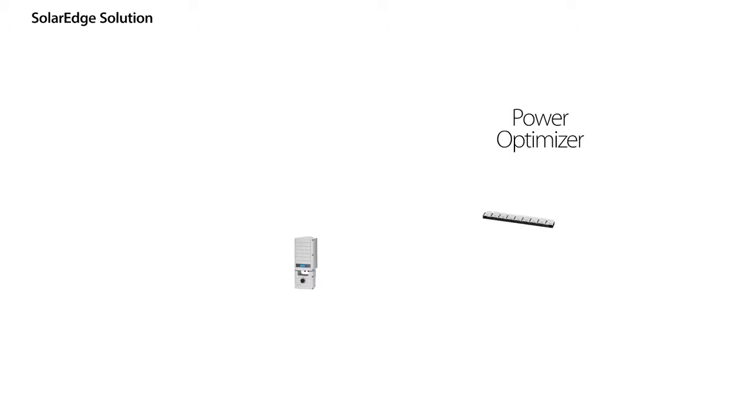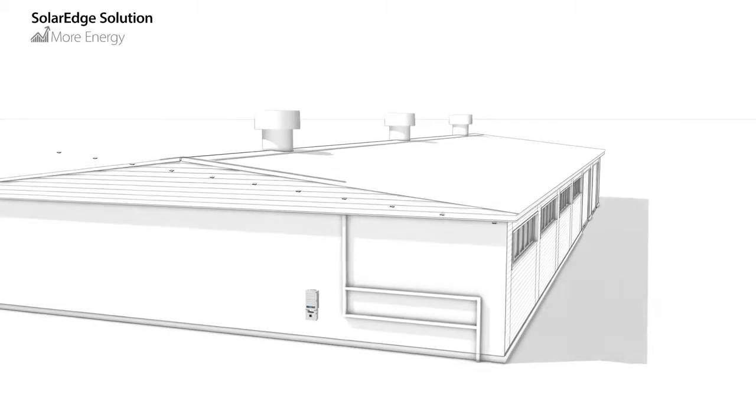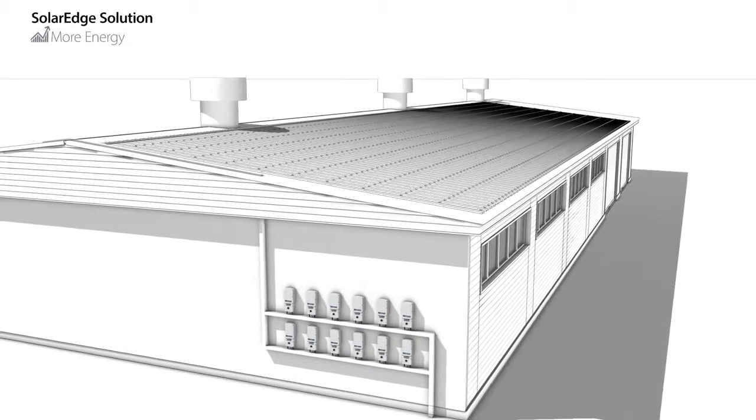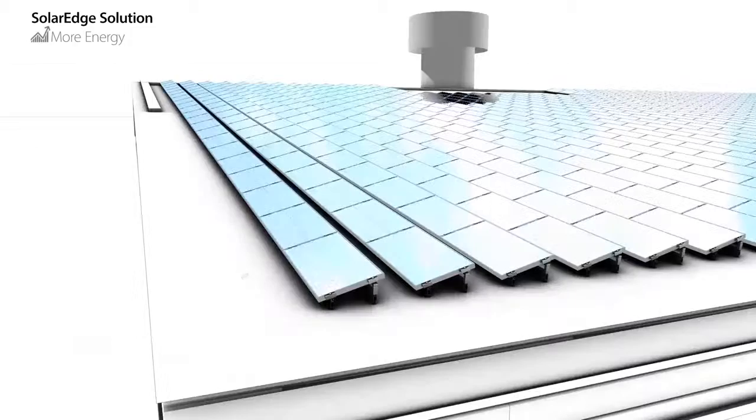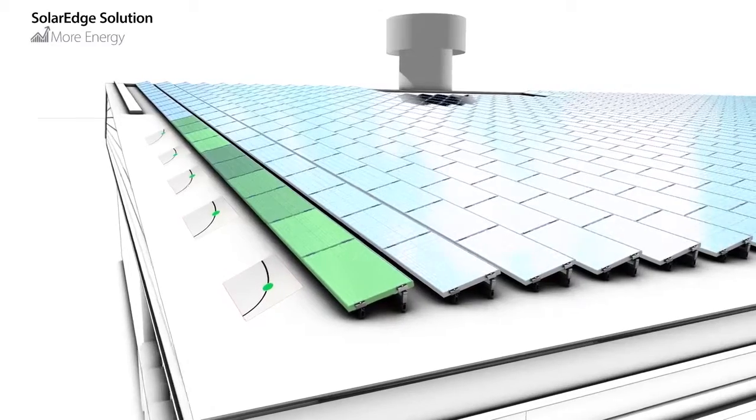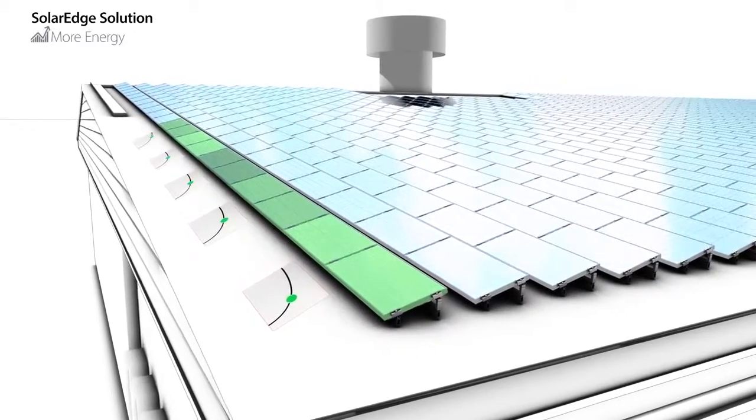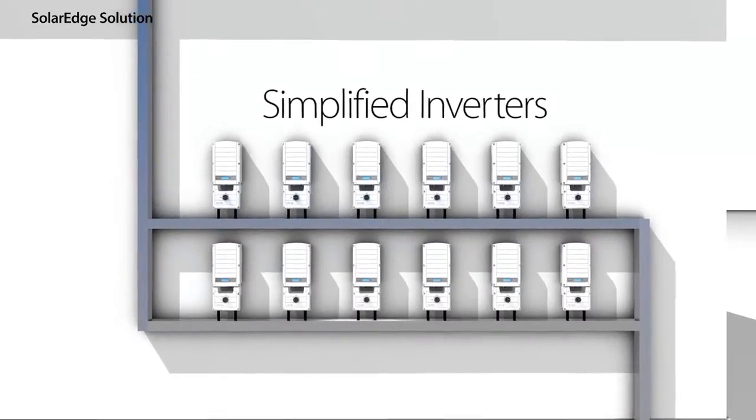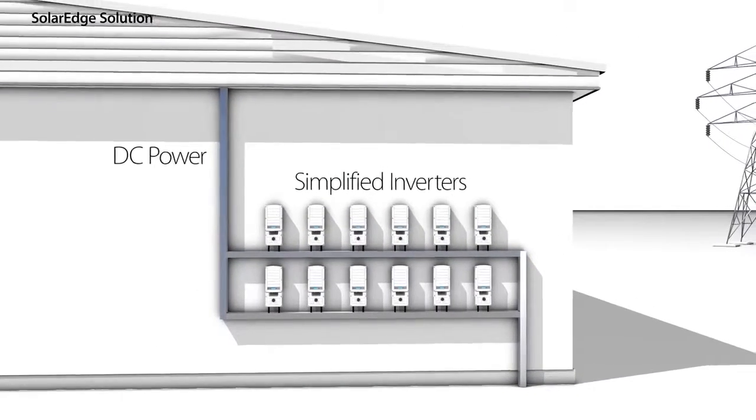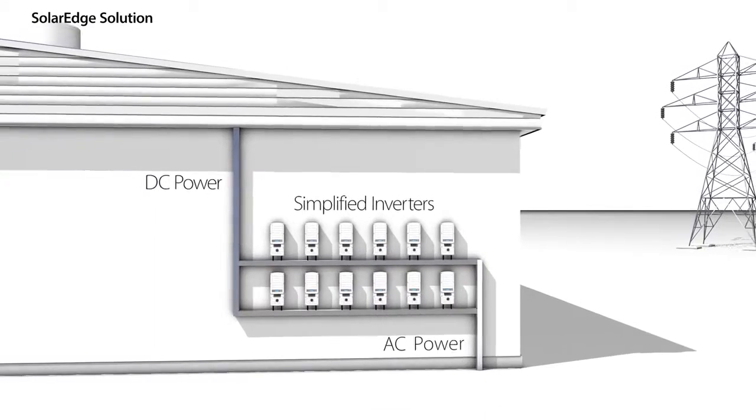The power optimizers are located on the panels, turning them into intelligent panels. These power optimizers maximize system output by providing panel-level tracking and real-time adjustments of current and voltage to the optimal working point of each panel. The simplified inverter is installed similarly to a traditional string inverter, but it is only responsible for DC to AC